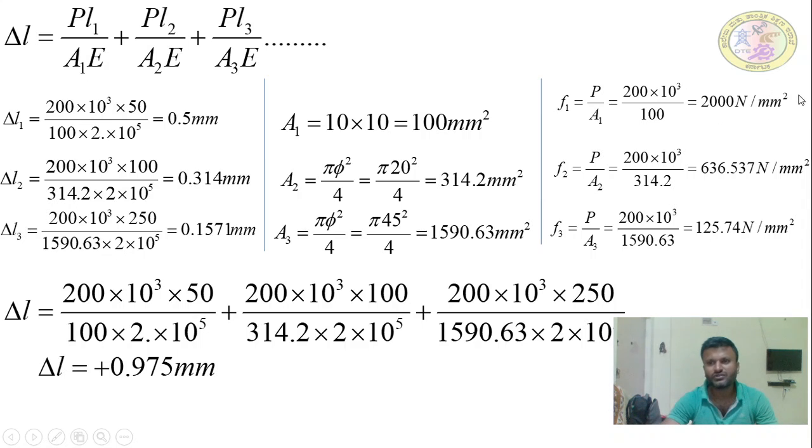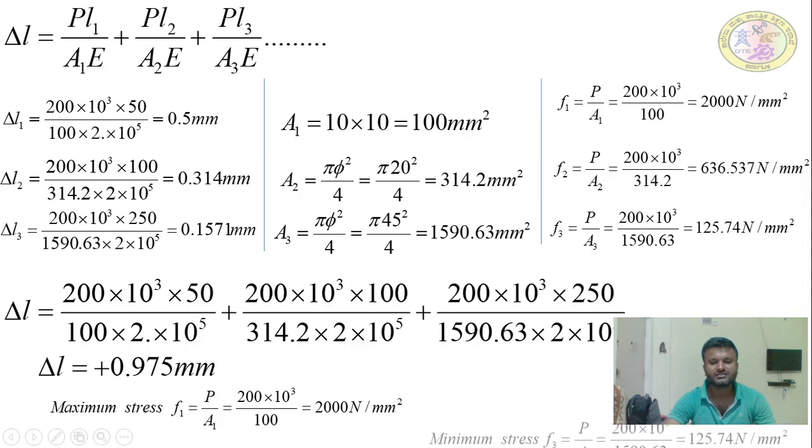Where there is more stress, the change in length of the member is going to be more, equal to 0.57 mm. Remember that when the area of cross section is more and the load applied is the same, the deformation will automatically be small. When the area of cross section is small and the load applied is the same as in the other sections, then automatically the deformation and the stresses are more. So write the maximum stress F1 is 2000 Newton per mm square